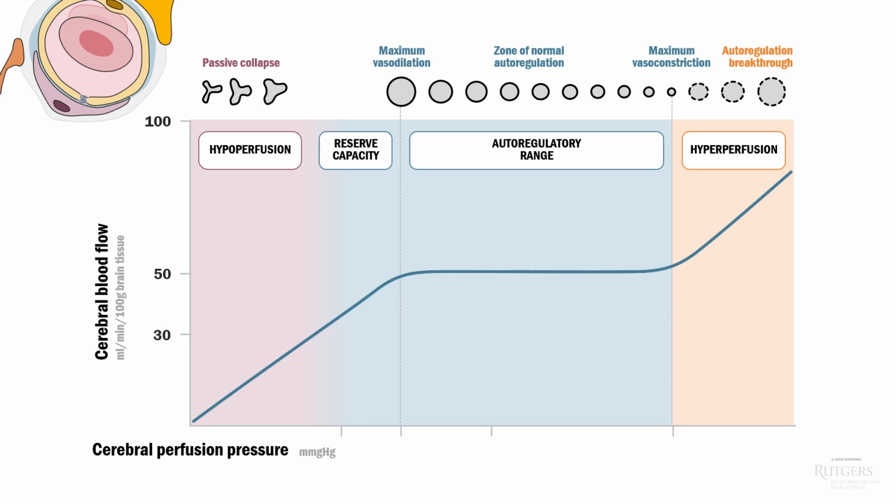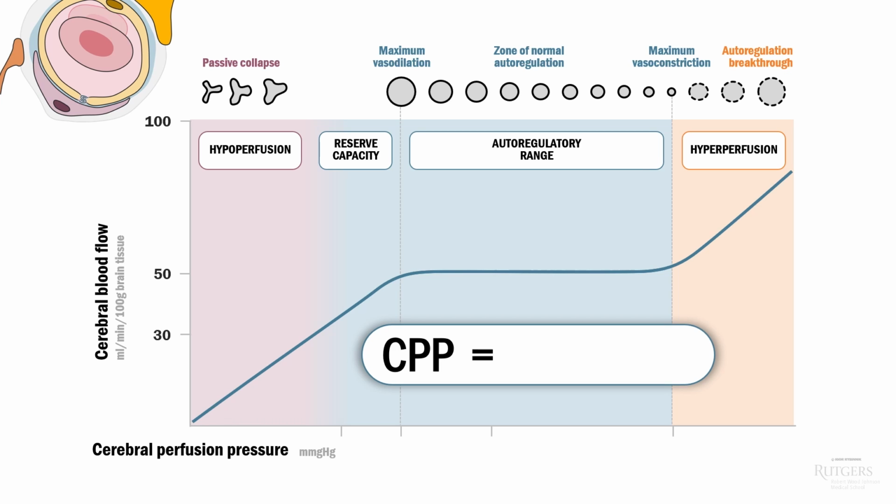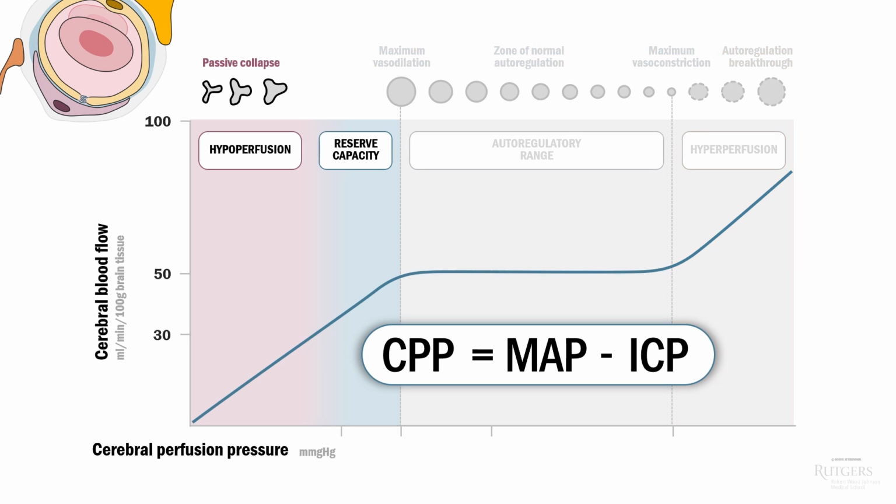Interesting. The graph didn't change. That's because cerebral perfusion pressure equals mean arterial pressure minus the intracranial pressure. So, as the intracranial pressure increases and the mean arterial pressure remains the same, the cerebral perfusion pressure falls. And at low cerebral perfusion pressures, arterioles collapse and can no longer deliver blood flow to the brain, causing ischemia. So, intracranial pressure is important, but it's more important to focus on the cerebral perfusion pressure during treatment.